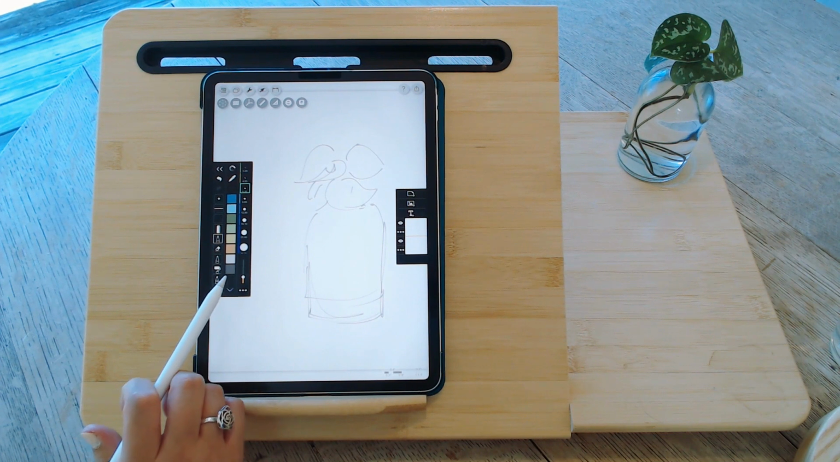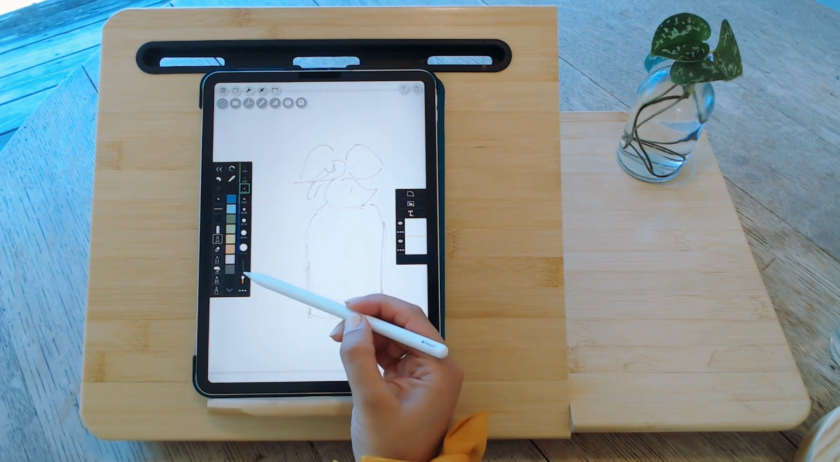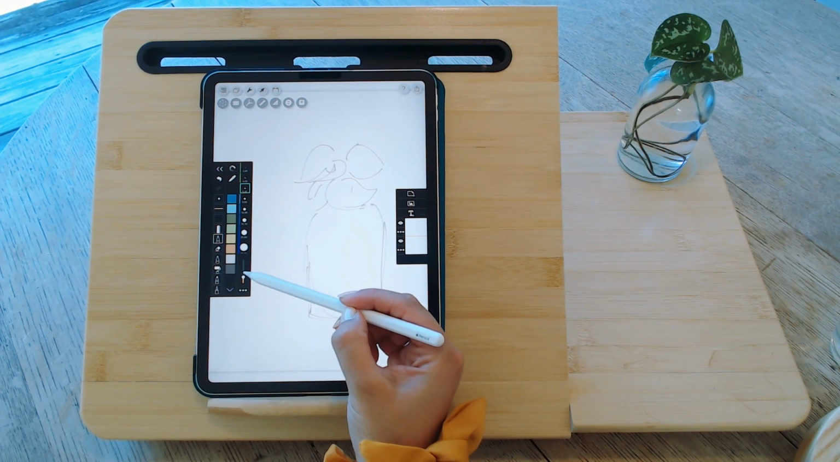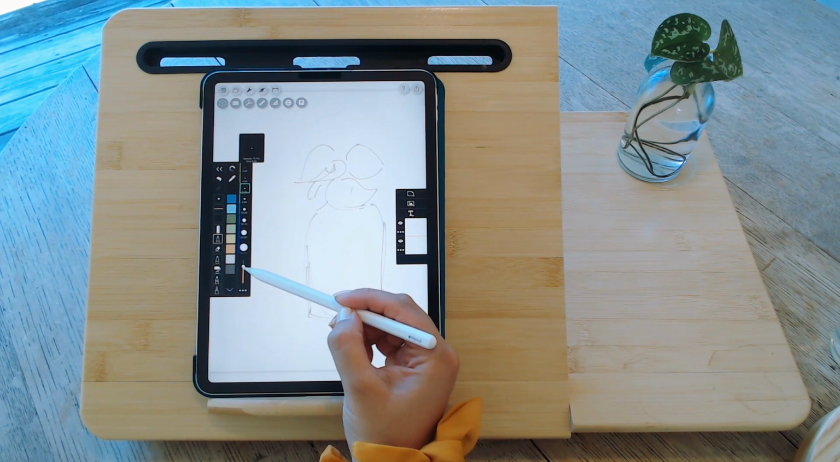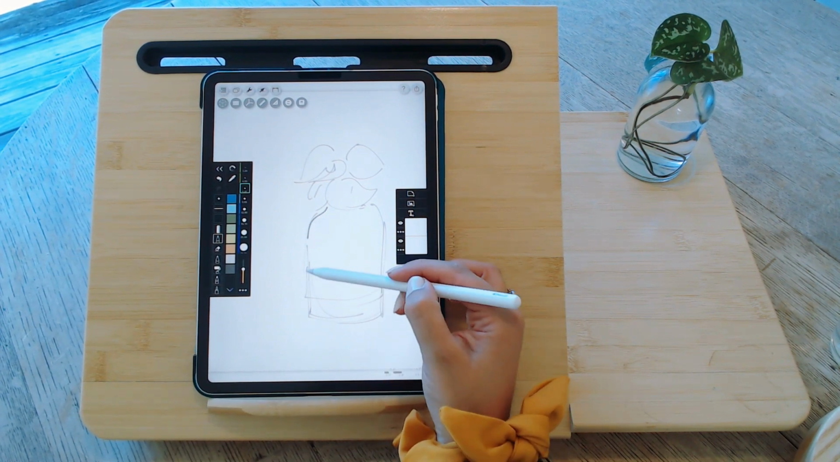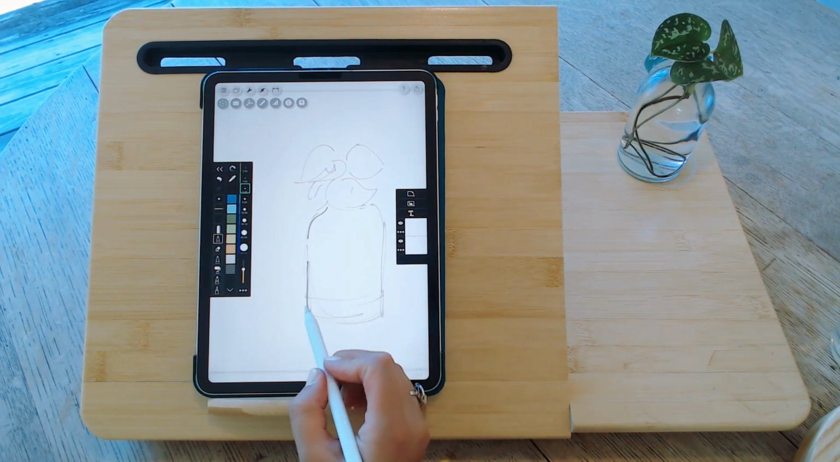You can toggle with your opacity right here on the side. So right below, right to the left of the colors, you have this slide bar, which increases and decreases the opacity. I was at around 26% originally. Now let's go to 61% and see what that does. You can see how much harder this line is now, but